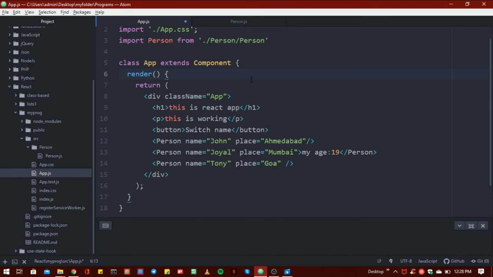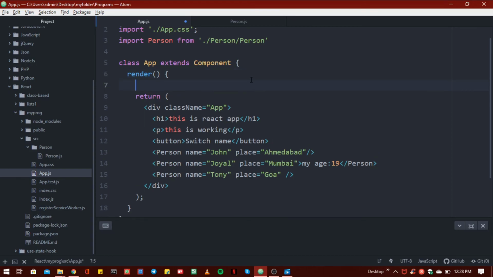And to do this, we have to use a built-in feature called state, because a React component has a built-in state object. The state object is where you store property values that belong to the component. When the state object changes, the component re-renders. Earlier we used props, which is managed from outside, and now we use state that we manage inside our component. And by using this state property, we manage component internal data.